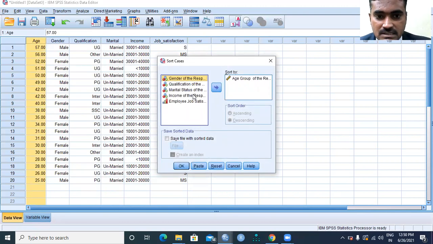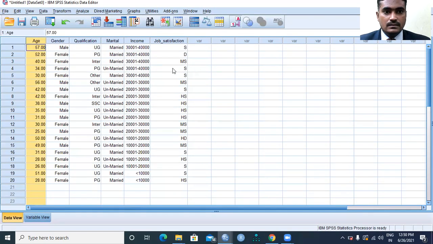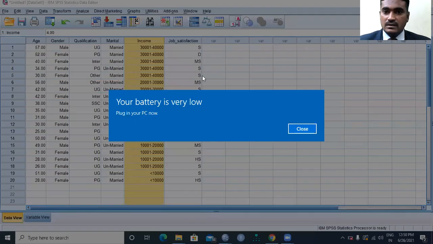Even I can sort the income of the people in descending order, and now you can see the highest income to the lowest income. So we can sort the data with respect to age and income in ascending order and descending order. This is what we call the sort operation.